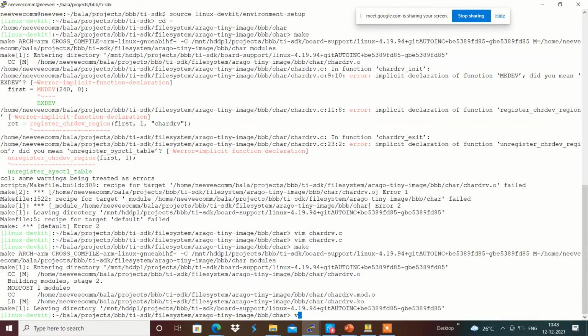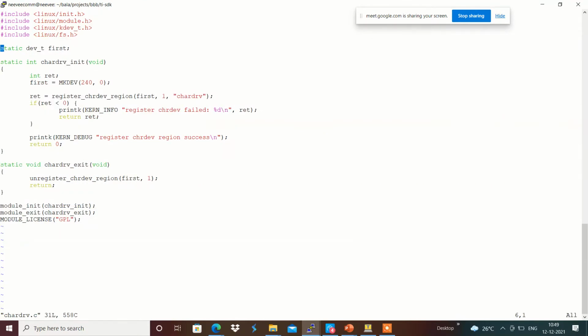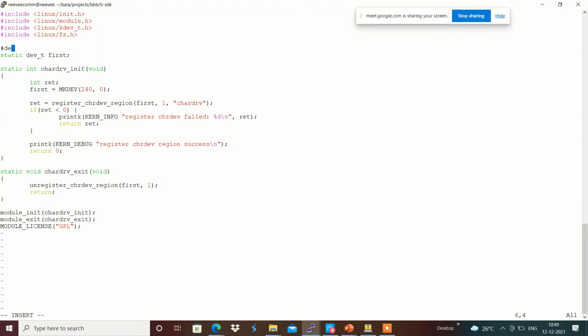Yeah, vim character driver.c. In this I'm going to define dynamic alloc.